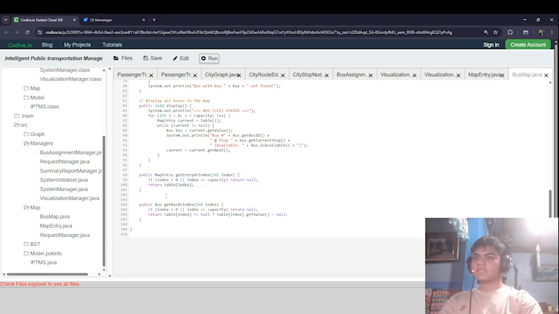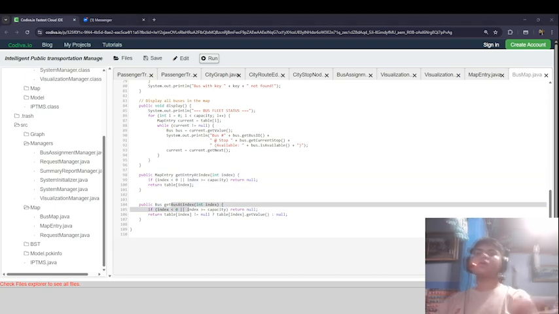Get bus at index method. This method retrieves the bus object stored at a specific index without traversing the chain. It allows quick inspection of the first bus at an index. The future use of the bus map class. This bus map class serves as the main storage and lookup table for all the buses in the system. Any operations that assign buses to passengers, update their location, or print fleet information rely on this class for efficient and safer access to bus objects.